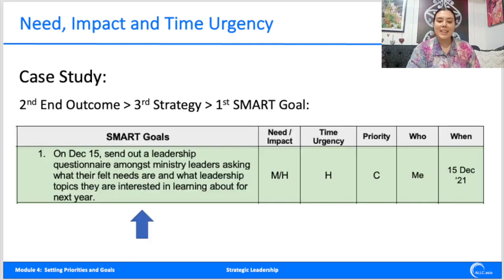Now we will look at the case study for an example. And so let's focus on the second end outcome of equipped leaders and the third strategy of leadership workshops. So you can see for the first SMART goal, it says that on December the 15th to send out a leadership questionnaire amongst ministry leaders, asking what their felt needs are and what leadership topics they are interested in learning